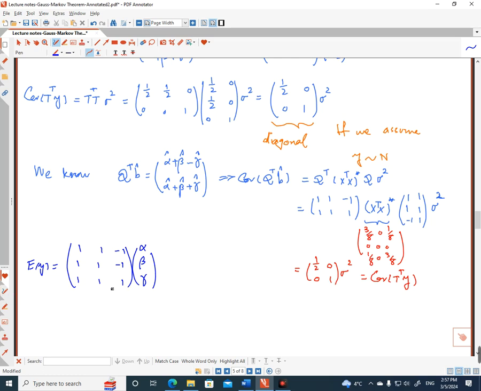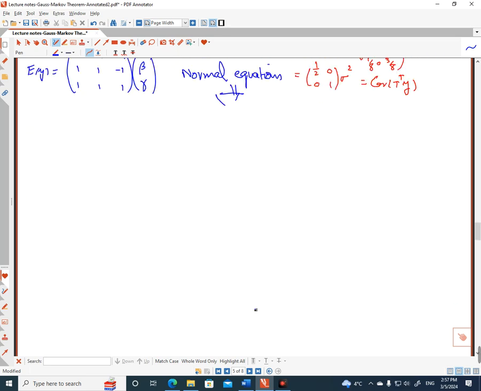Now let's look at the normal equations for the linear model. For the normal equations, of course, I have the x prime x b hat, which is then 1 1 1, 1 1 1 minus 1, 1 1 minus 1, 1 1 minus 1, and then 1 1 1, and the b hat, which is equal to alpha hat, beta hat, gamma hat,